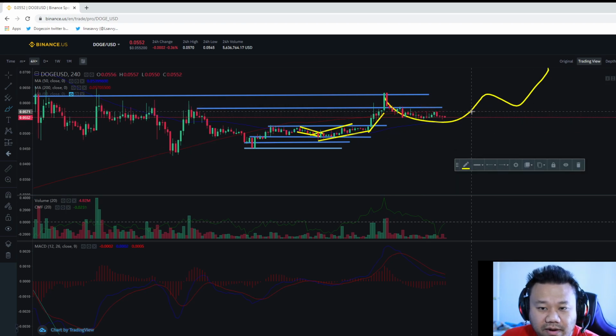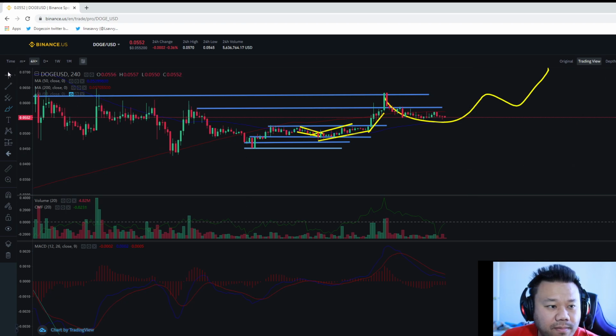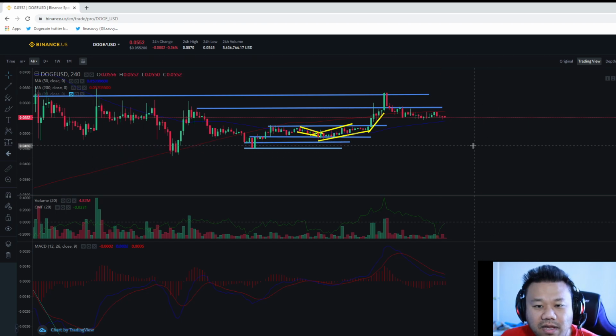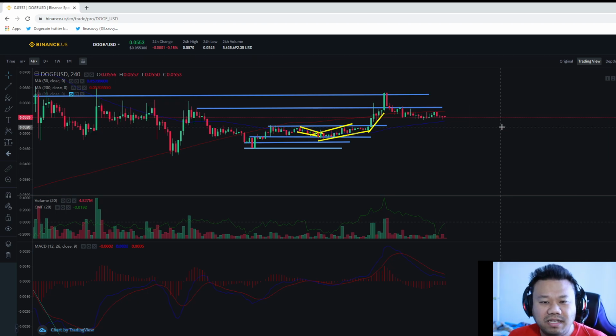So that being said here, it's accumulating. So if you were to buy, I would do that. I would strongly suggest you do because that's what I'm doing here. And as always, don't go full hand because there's always a chance that we could break back down as well. Sometimes that happens, and that's okay. But for the most part, so far, this pattern is continuing the way I'm seeing it, and I don't see any reason why it would start breaking down all of a sudden because we have lots of news already